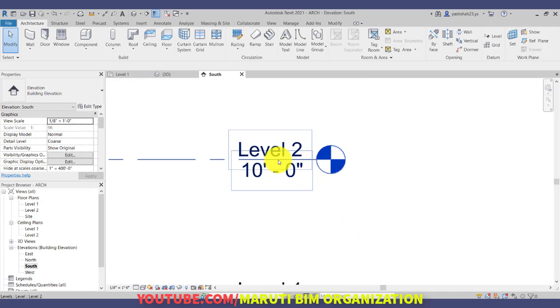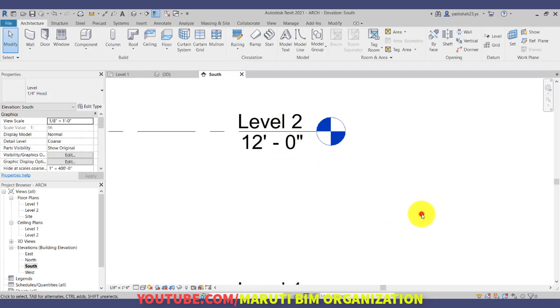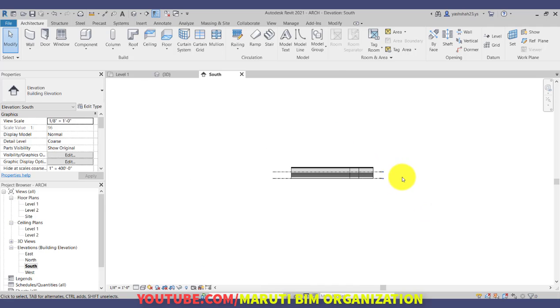Right now in level 2 the height is 10 feet. If you want to change, you can simply click twice on the letter 10 feet and type 12, enter. So by default it will use 12 feet.